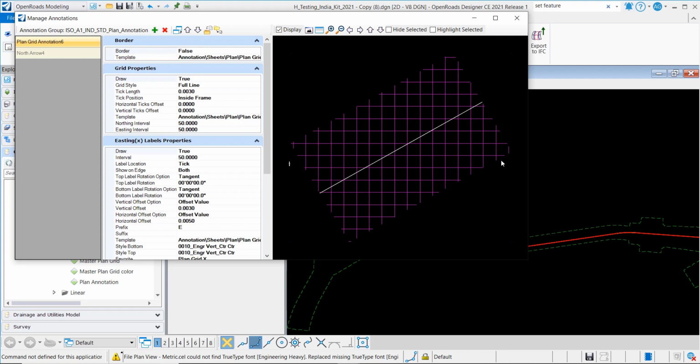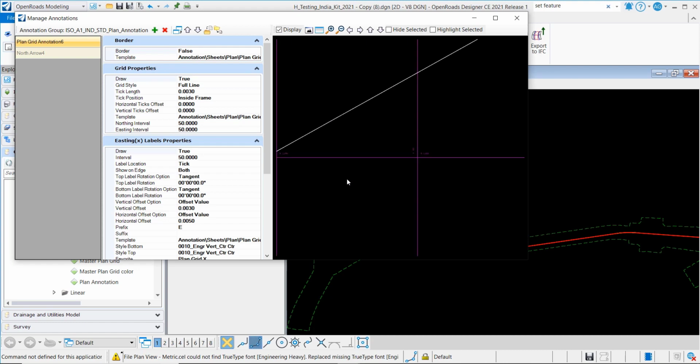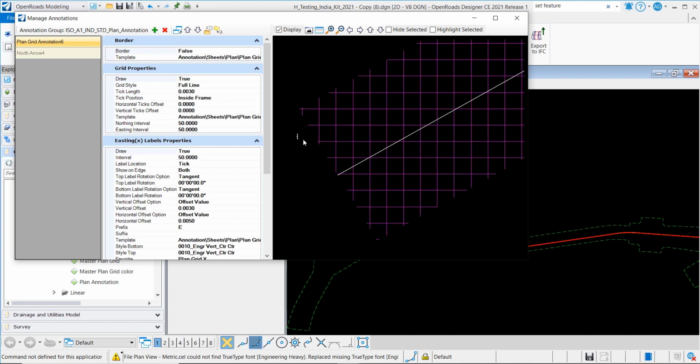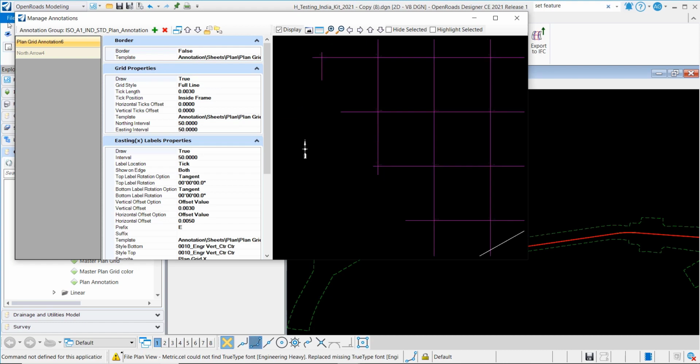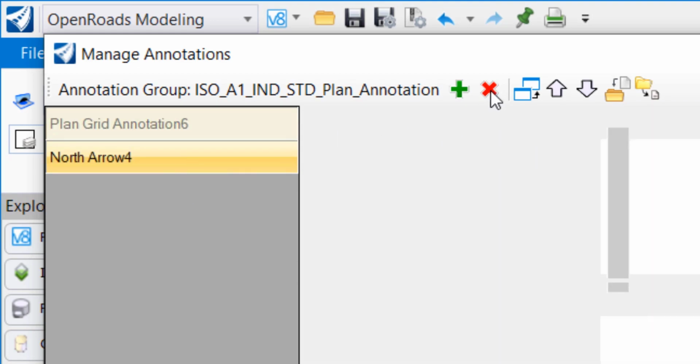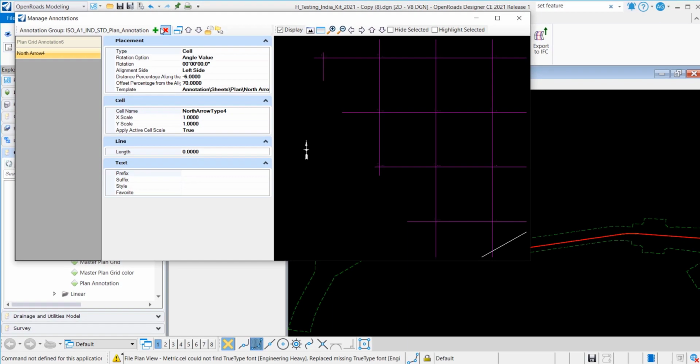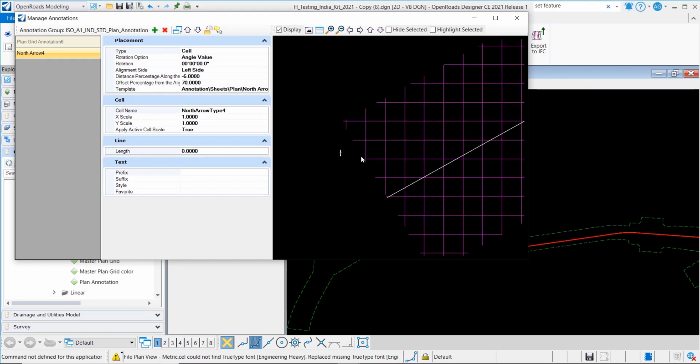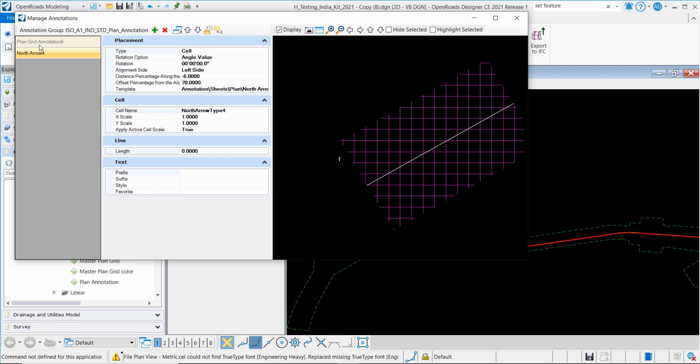Basically, it's a preview, so don't worry that it's at 45 degrees. In actual, in your drawing, it's going to come straight. This is just an idea of what things are present. If you look over here, there are only two elements: one is plan grid annotation and one is a north arrow. Suppose you do not want the north arrow, just click on it and press this delete icon, the red cross. And if you want to make changes in your plan grid annotation,